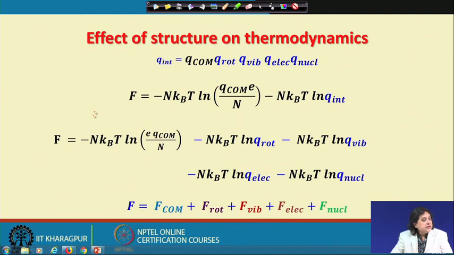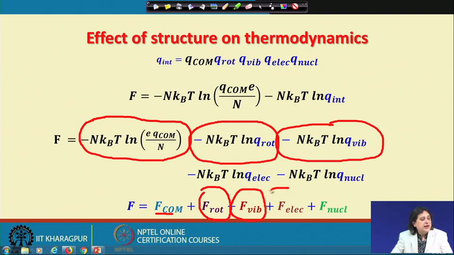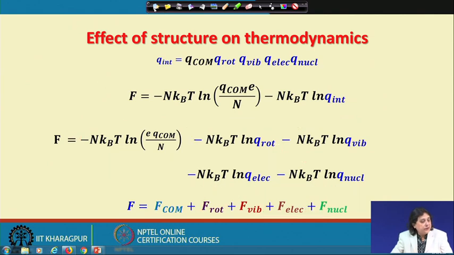one contribution that is entirely due to the center of mass, which is this. There is one contribution which is entirely related to the q rot, which is F rot, and another contribution coming from the q vibe, which adds this correction F vibe here, and similarly there are corrections to F in terms of electronic and nuclear contributions. In the last class, when we calculated F for the monatomic case, we did not have